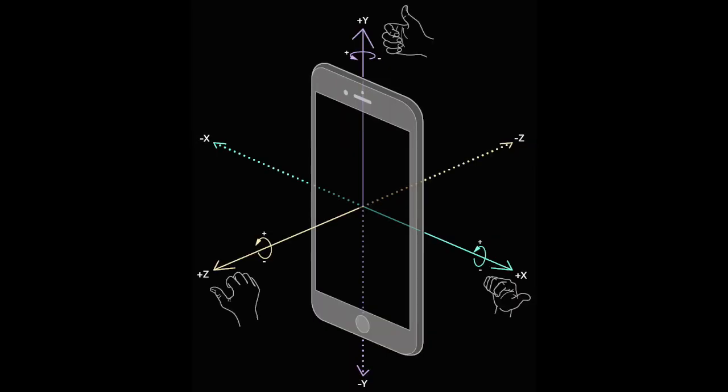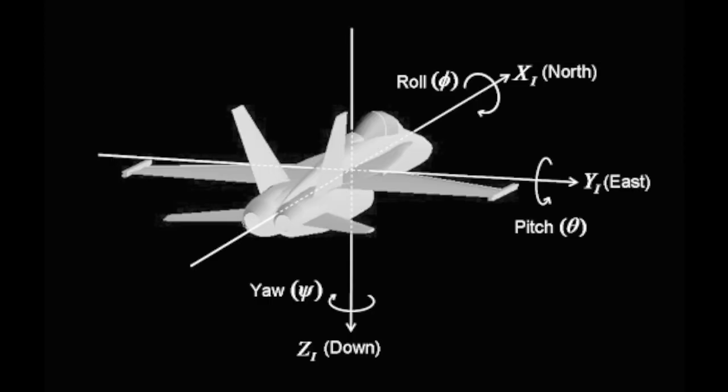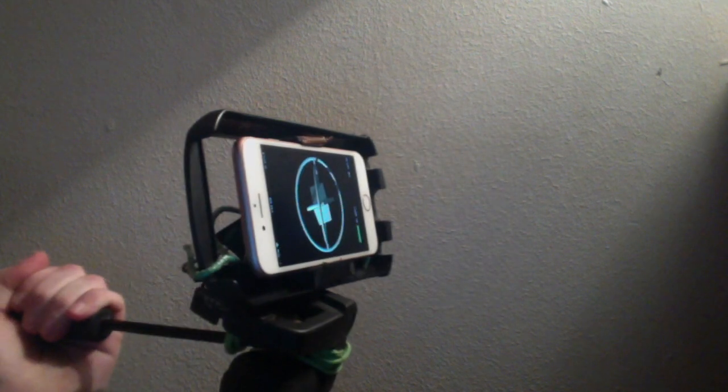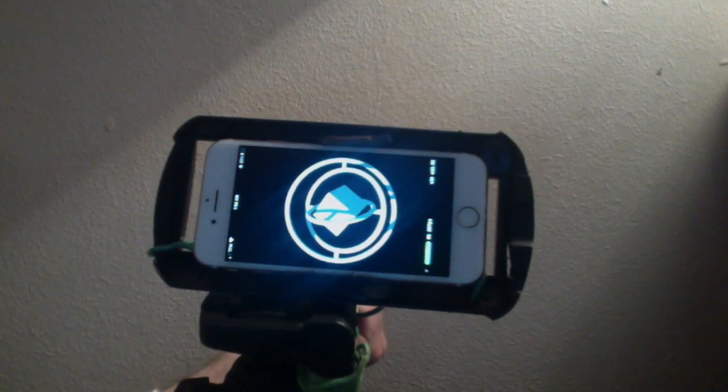The iPhone has a local coordinate system with 3 axes, x, y, and z. We can also define 3 Euler angles, pitch, yaw, and roll, to represent rotations about each axis. Here we can see that the gyroscope counter-rotates to account for rotations about the x, y,